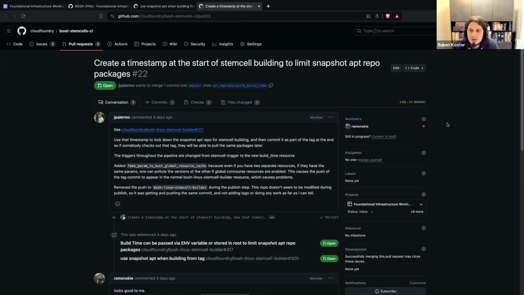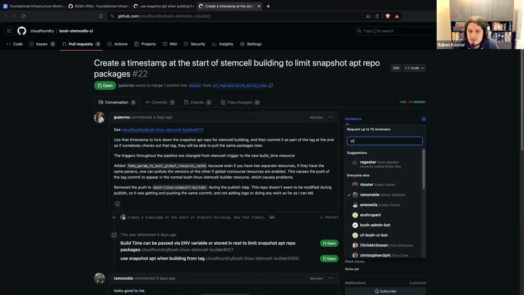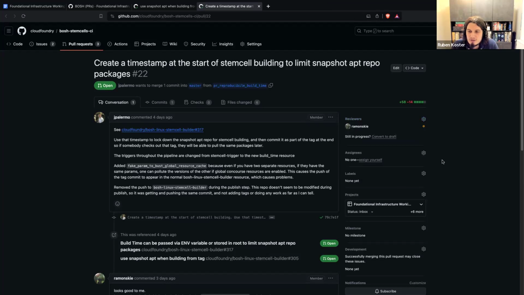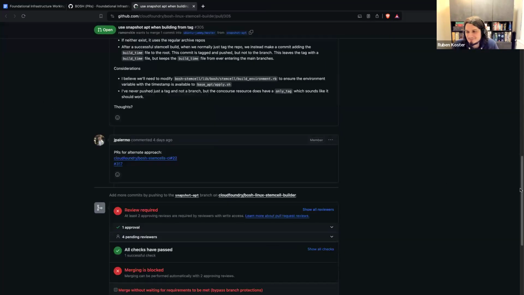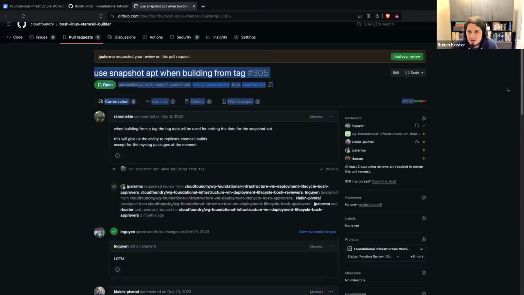Huh? Is this not in our working group? Oh, this is in the stemcell something. Yes. There's a different working group area? I don't know what that means. So we have a bigger group of people maintaining stemcells. And this is for stemcells, I guess. It kind of makes sense. But not the Bosh Linux stemcell builder? I think this is mostly for CI, like for being able to have access to Concourse and being able to, I don't know, fix CI. I think the community repo needs a Venn diagram. Yeah, definitely. Okay, so this one is basically